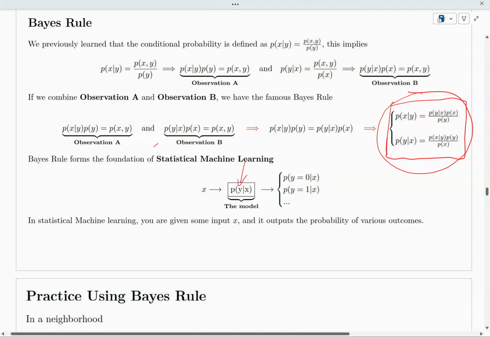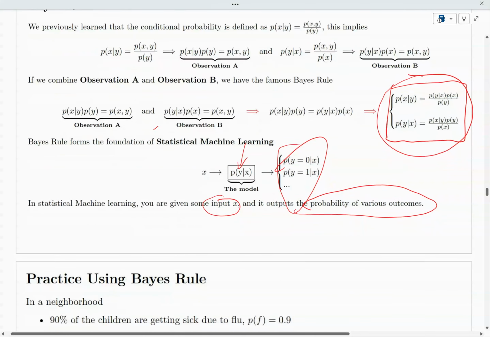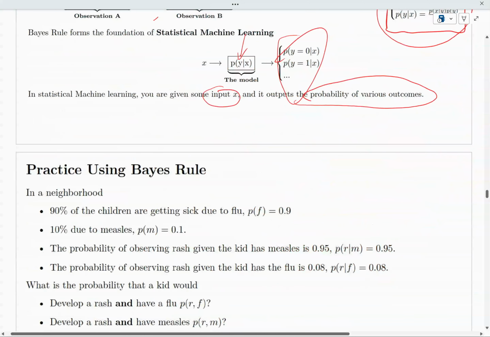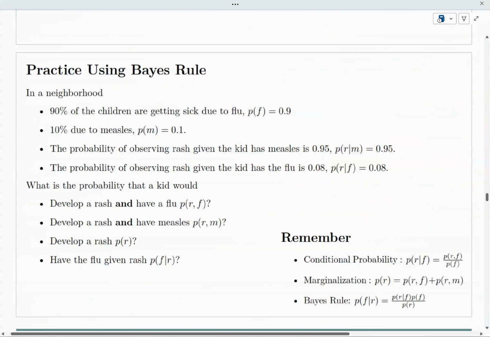So the output will tell us, given X, what is the likelihood probability Y equals 0, Y equals 1, and so on and so forth. It basically tells you the likelihood of events happening. And in statistical machine learning, you are given some kind of input, and the output is the probability of various outcomes, like such. Okay, so this is the equation for Bayes' rule,